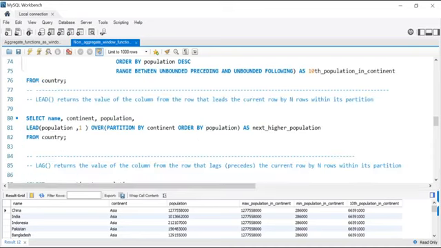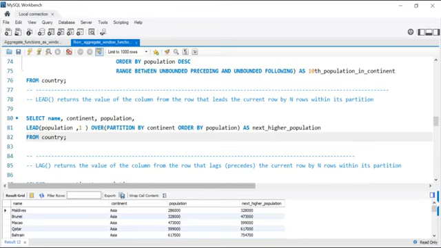Next we have the lead function. So lead returns the value of the column from the row that leads the current row by n rows within its partition. For example, same thing, we are going to select the name, continent, and population. So we write lead, the name of the column, which is population, and we select only one row. We select our window, so over partition by continent, order by population in ascending order, and we call it next higher population. So if we execute that, we can see that